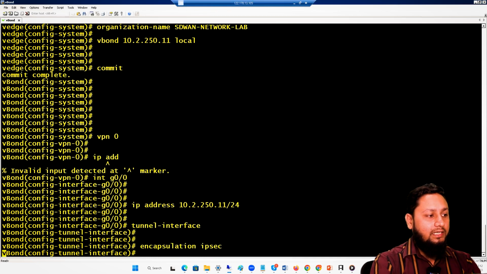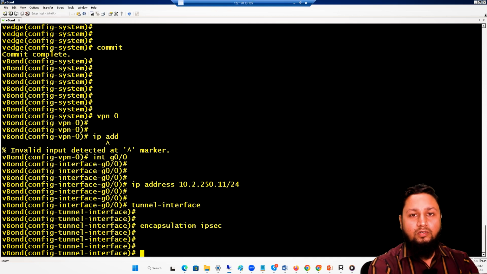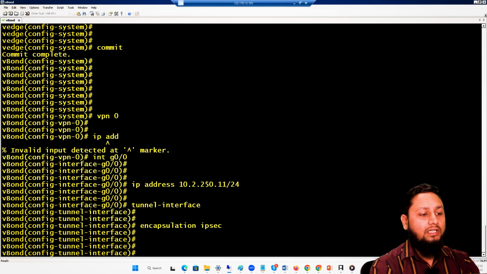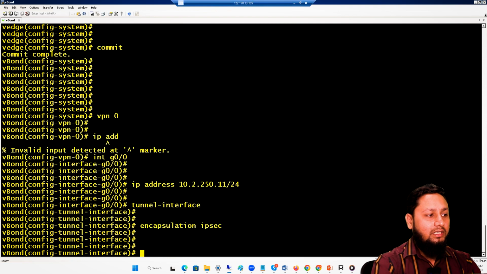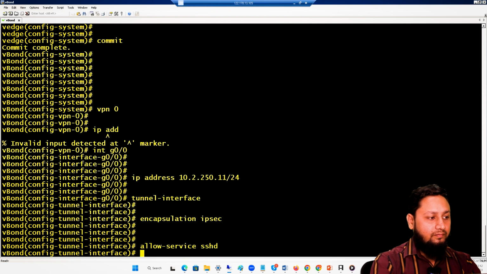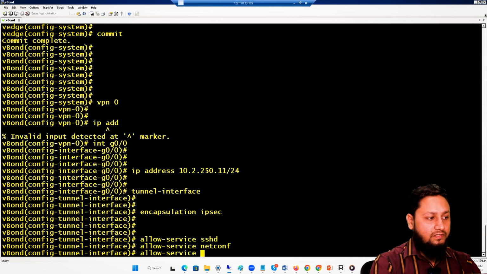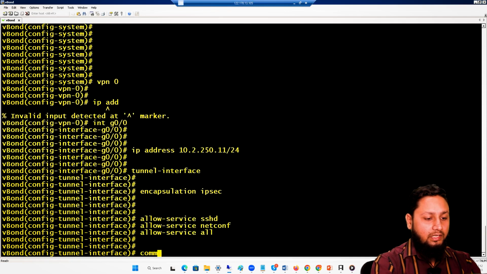it should be encapsulated. Now this is what VPN 0 is. VPN 0 is your transport VPN. All the control connections will be handled by this VPN 0. So all the traffic should be encapsulated via IPsec. Now I'll say allow services SSH, allow services netconf, allow services all, and sorry, before committing I'll